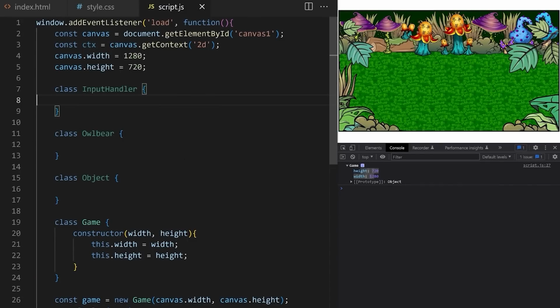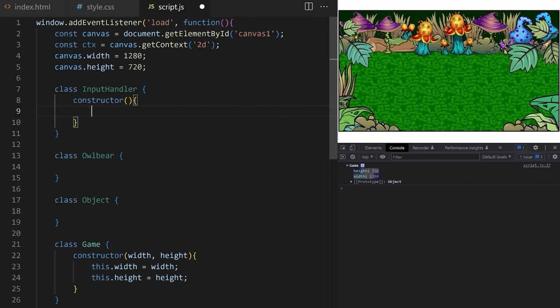Input handler class is here to keep track of keyboard keys as they are being pressed and released by the user, and it will convert them to values that can be used by other objects in our code base, and it will store them. I give it a constructor as well, and this is how we will make our objects communicate with each other. Input handler will expect a reference pointing to the main game object as an argument, this